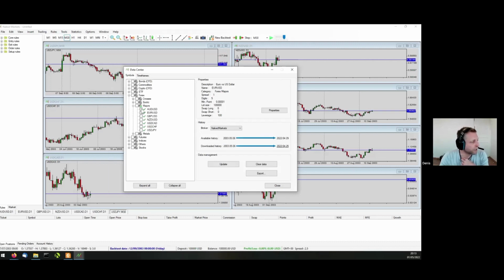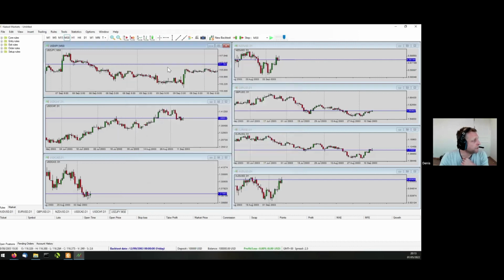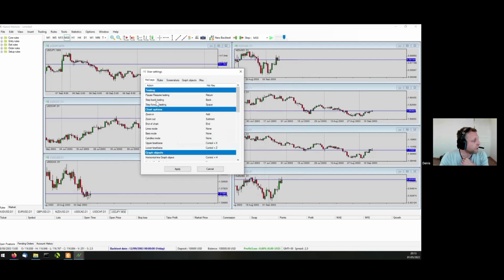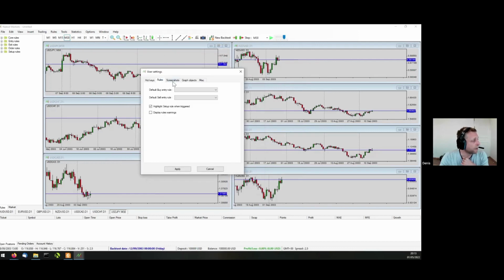So in this feature, you can select, you can update, you can choose your broker if needed. You can update and export data if needed. So you have common features like hotkeys to save time. We'll see the rules after, screenshot, yeah. Other stuff,